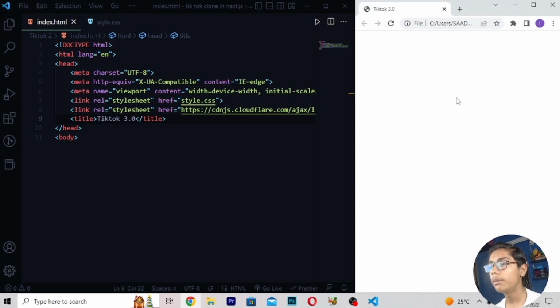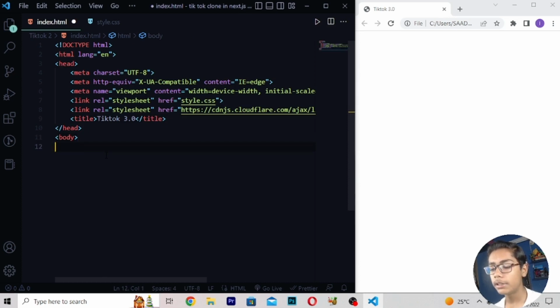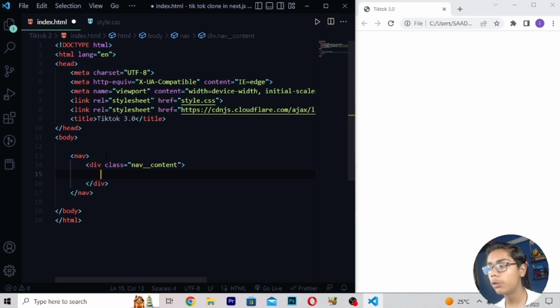Now I will be moving to the front page, and then you have to make the interface. So for building this, I'll be closing the body tag same as this one. Then you have to move down after this tag and write a nav tag. So I'll be writing nav tag, then write div class nav content like this. Here you have to move down, write h1 class logo.